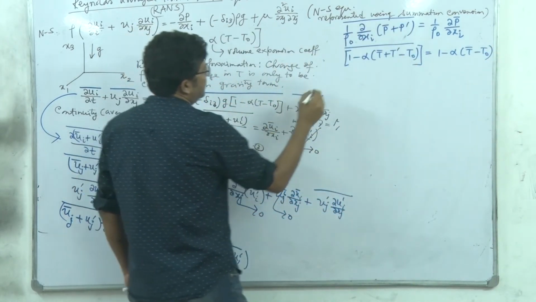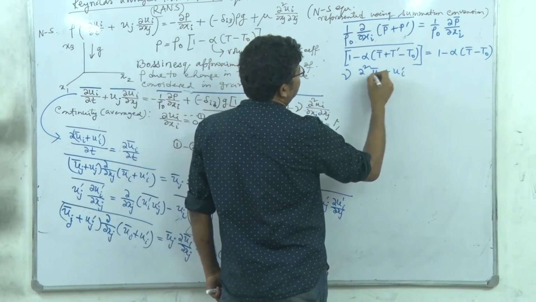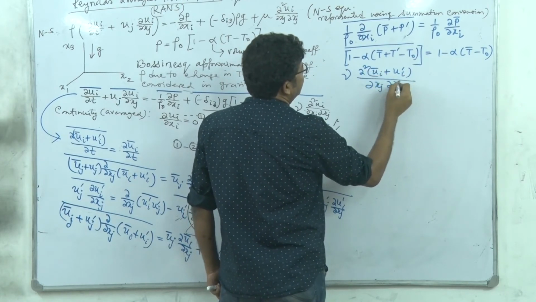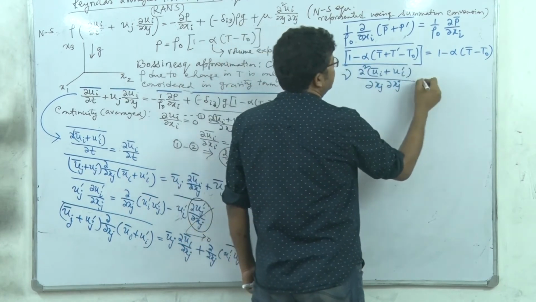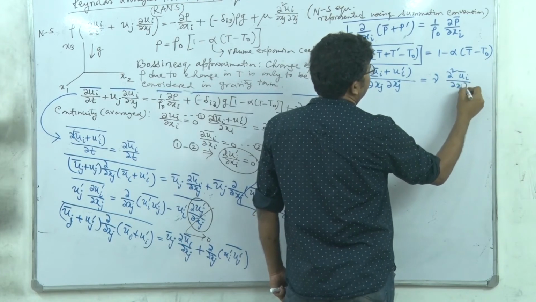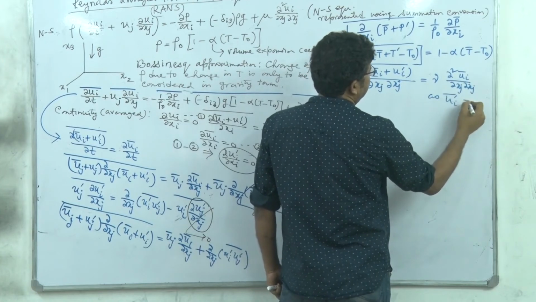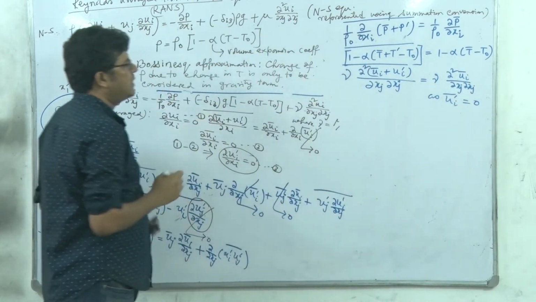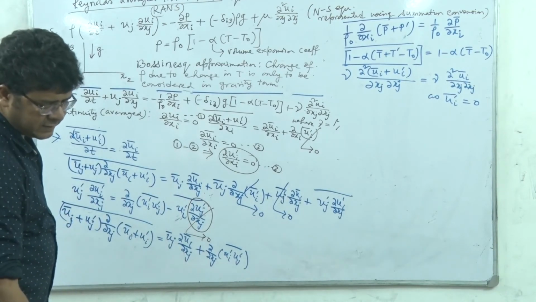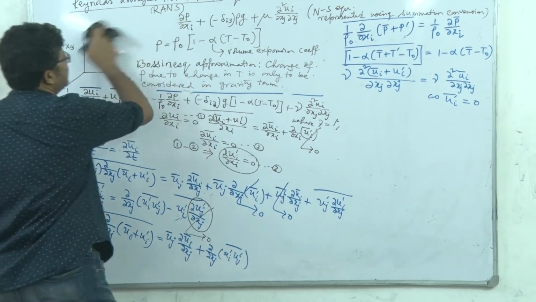And the last term, nu del square (ui bar plus ui prime) del xj, the average of this quantity is nu into del square ui bar del xj. Why? As ui prime bar is equal to 0. So you have got all these different averages, and with that let's restructure the average form of this Navier-Stokes equation.